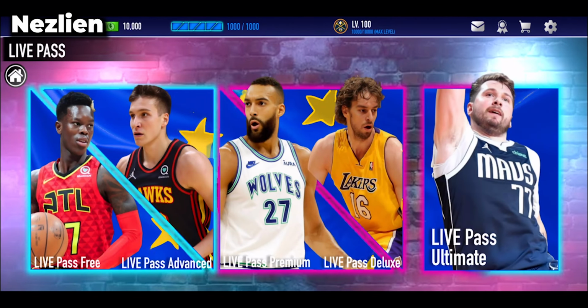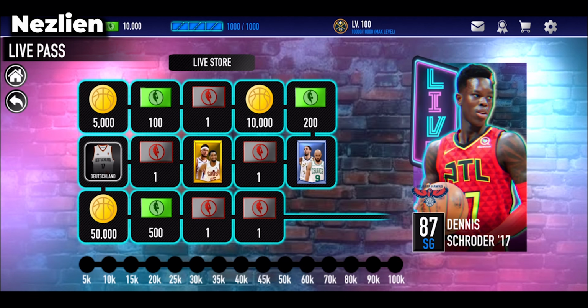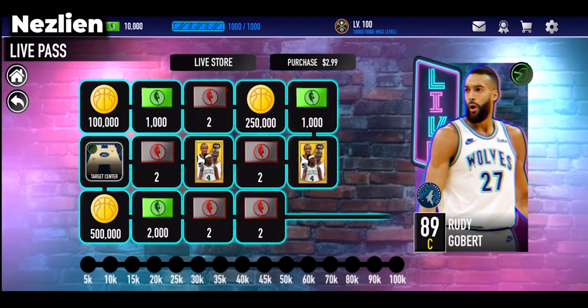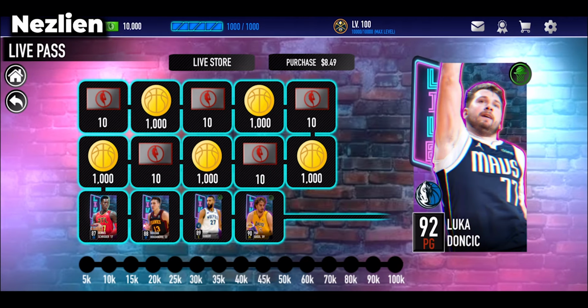Live Pass, there's extra tiers as well in his concept. Live Pass free, advanced, premium, deluxe, and the ultimate, which does add a little bit more variety, gives people options to spend money at different price points. You can see that's the free one, then $1.49 for the second one, $2.99 all the way up to the top one, which is only $8.49. So it might get people to spend a bit more money, because obviously the top one you get all of the players plus that featured card